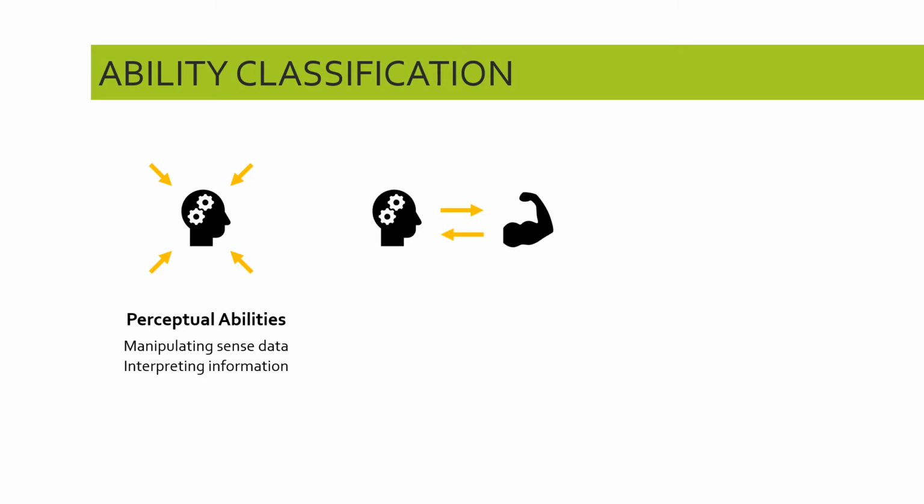Now, our second classification of abilities is psychomotor abilities. You can probably guess from the name of this classification with the word psychomotor. Psycho meaning thought or cognition, and motor meaning movement. That these are abilities that link our brains and our bodies, or more specifically, our brains and our muscles. Now, we're often very familiar with the idea that our brains communicate with our muscles by sending signals to them to contract. But we're less familiar with the idea that our muscles talk back to our brains.